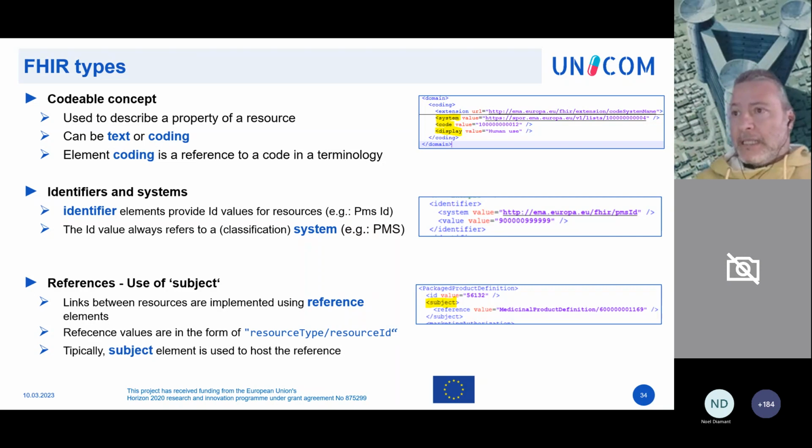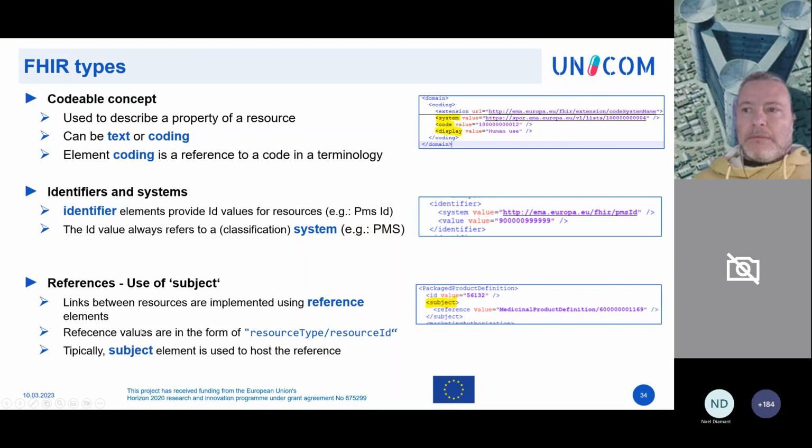In the case of an identifier, for example, a PMS ID, it can be an arbitrary value. Codable concept and identifier share the system attribute. That is the system against which the code or the identifier is specified.